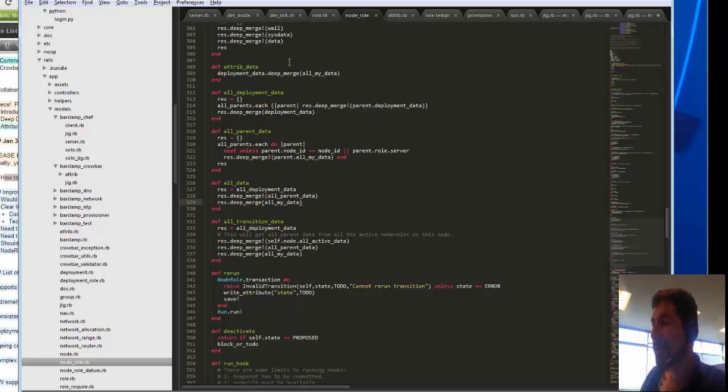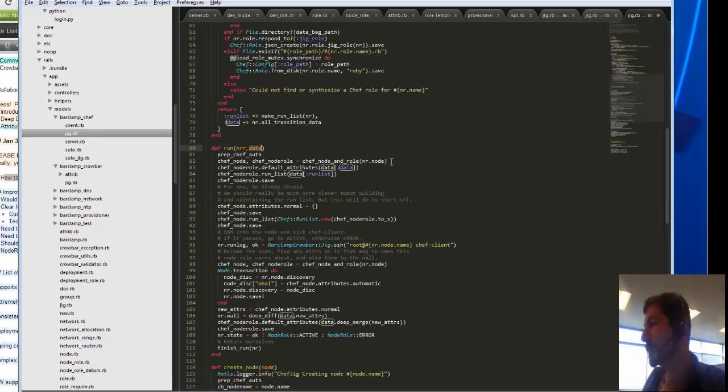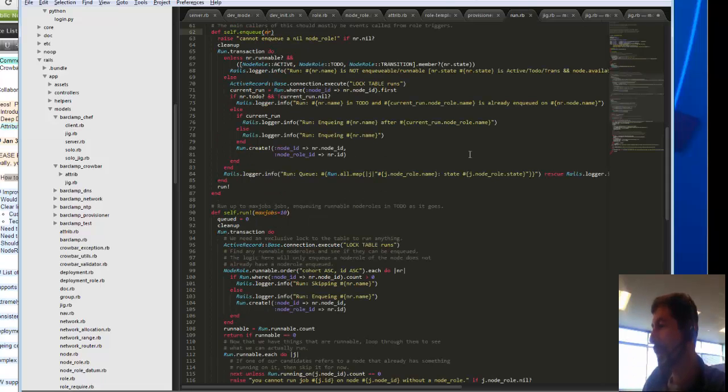And some of these go back into the role. But if you're looking to unwind it, which I'm assuming you guys are doing, the data that's being fed into a chef run, which is the attributes, so it's the node role and the attributes that we're injecting, that data is prepped out of the run model,